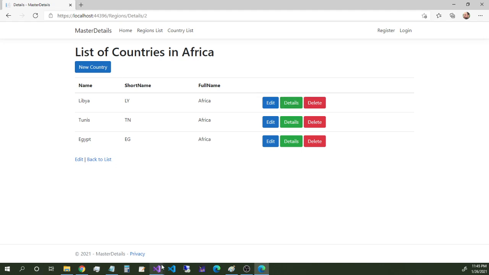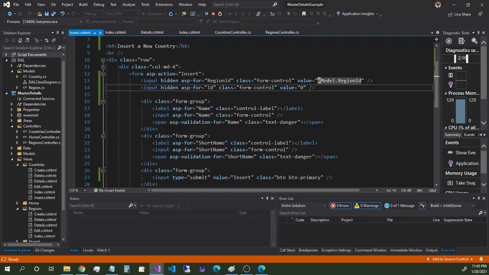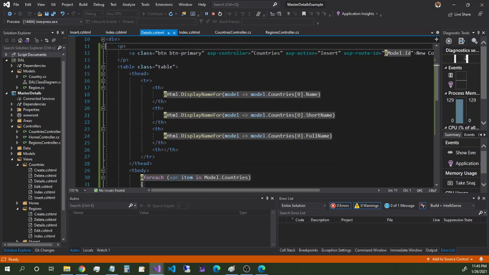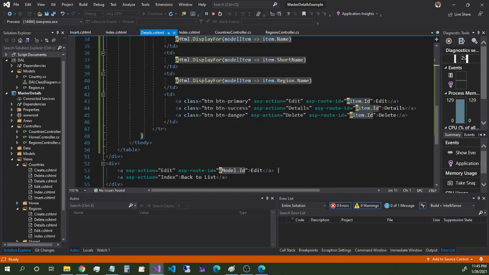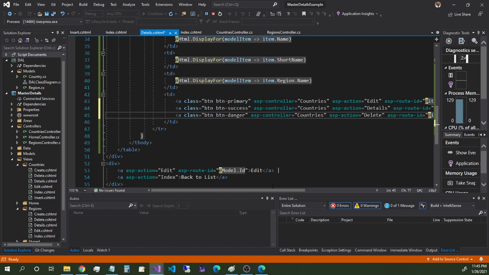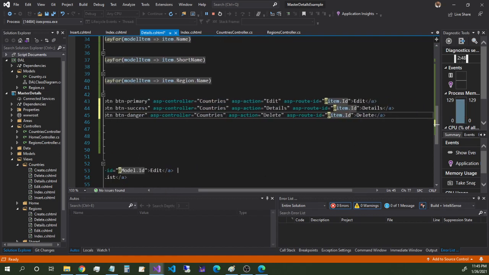So, okay, let us go. Here we are in the details under the regions. Okay, so this is regions details. So what we need to do is to come here. This one is going to take us to different controllers. So that's why we have to say ASP controller, and we have to mention here countries. Okay, then this one is supposed to be copied because all of them need to mention another controller, and they have to take the item,